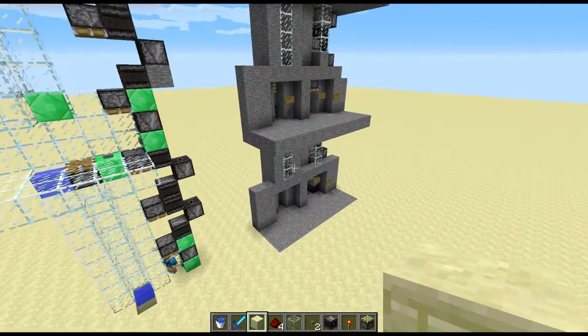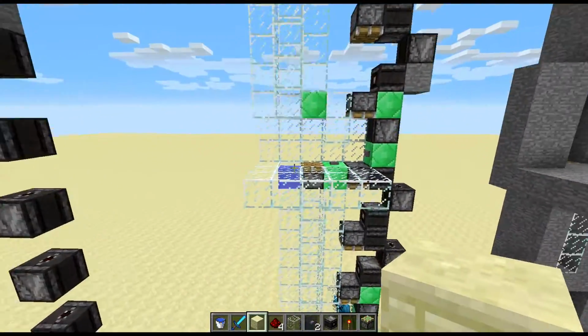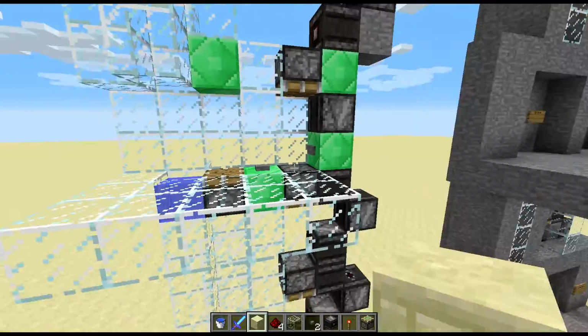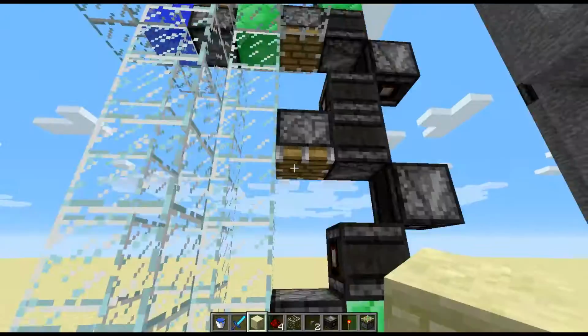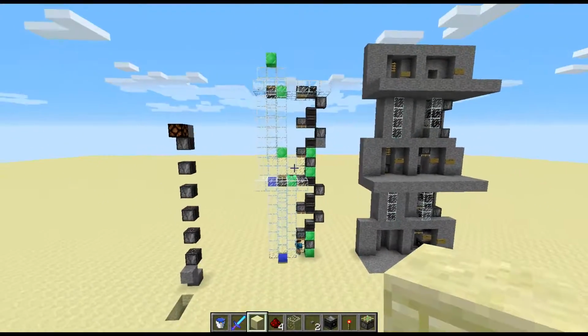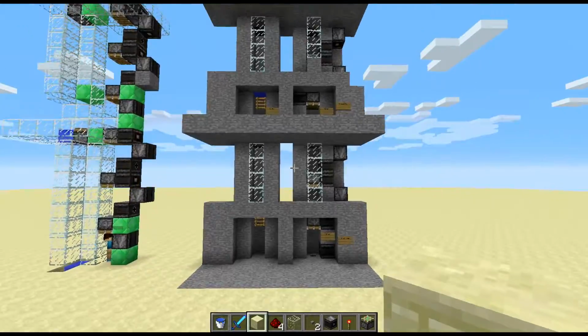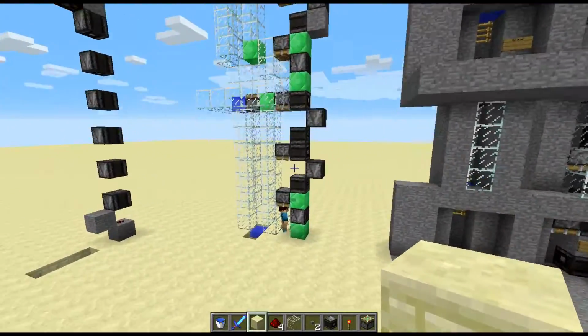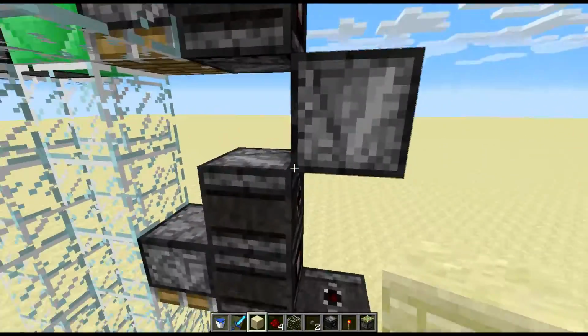Today I'm going to be showing an elevator design, bi-level, using the new observer block and the piston translocation bug. I originally came up with this prototype over here, but it wasn't quite as compact, and I compacted it down to this little tiny thing. Only 1 by 3